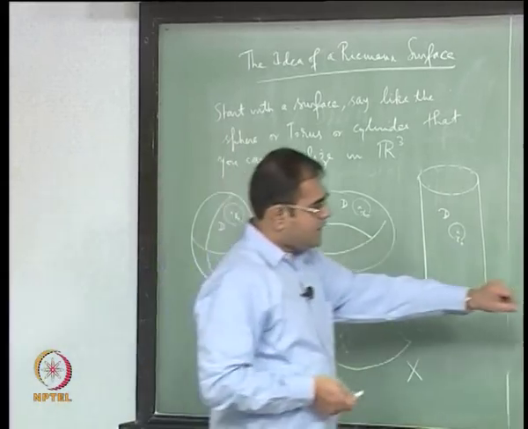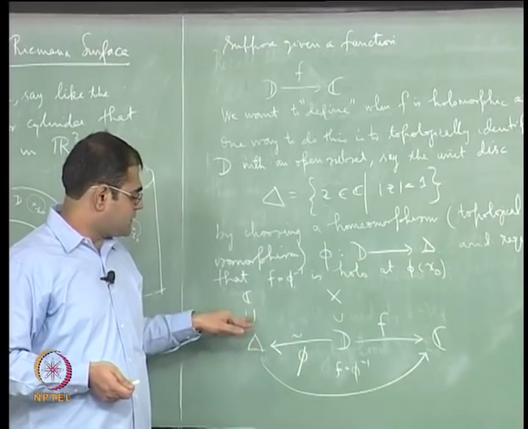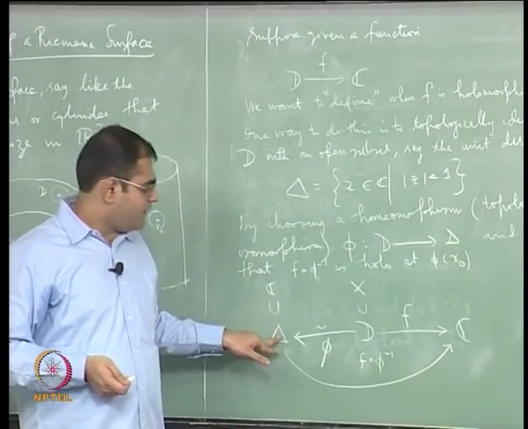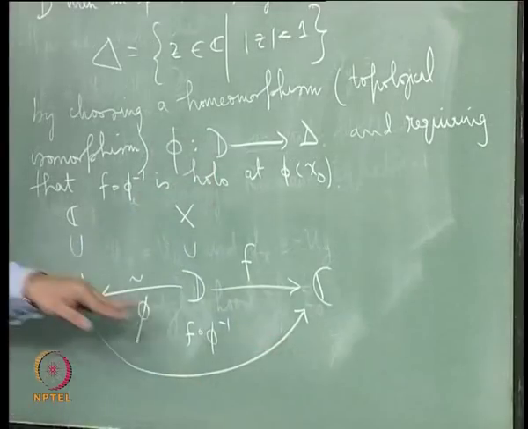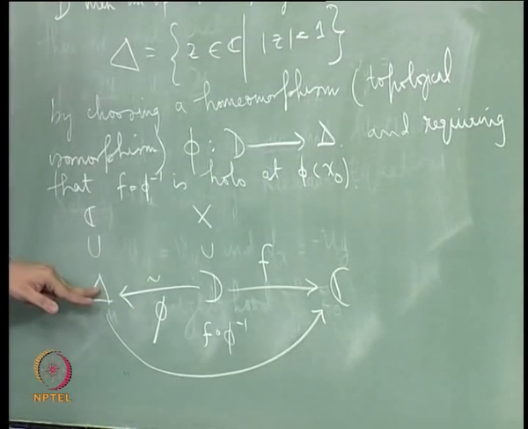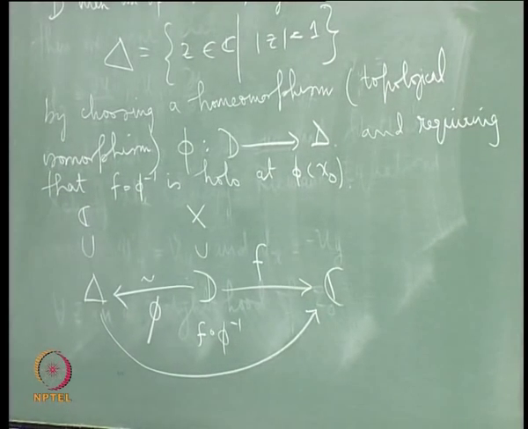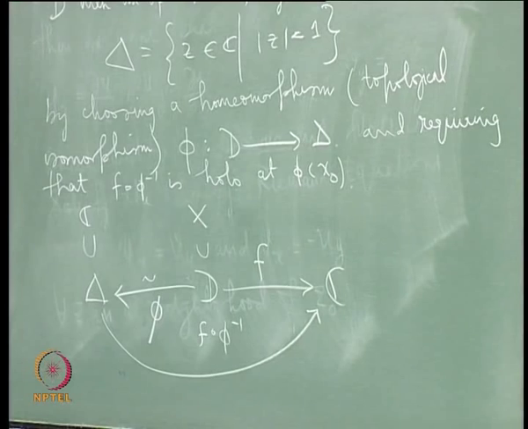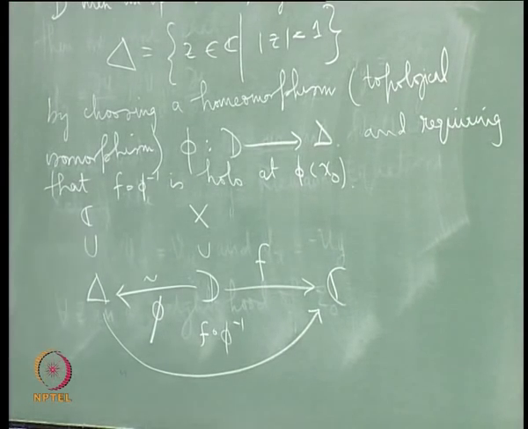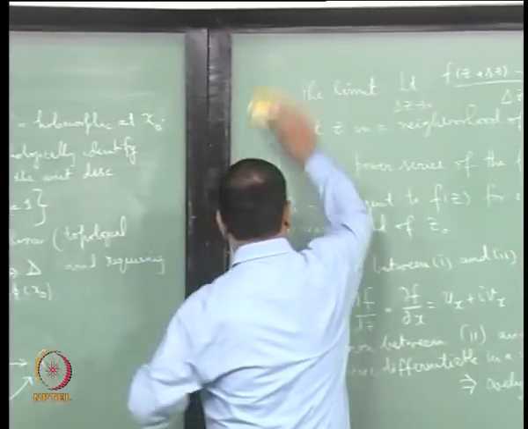So I identify that neighborhood with a disk in the complex plane, say the unit disk, and then using this identification I am able to get a function from that disk in the complex plane into the complex numbers, for which it is easy for me to say when it is holomorphic at a point. So it is a very intuitive definition. So this, a pair like this, a pair